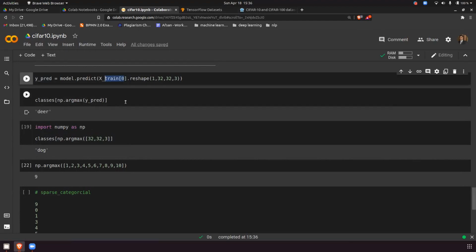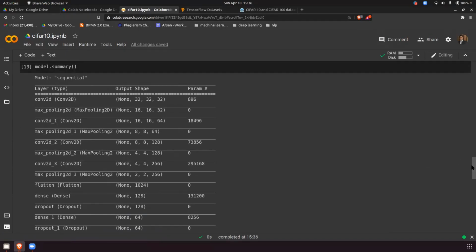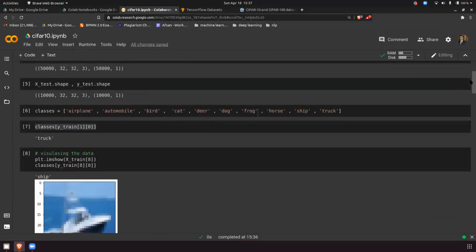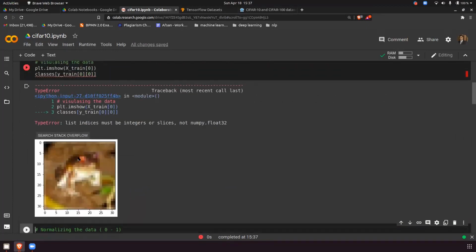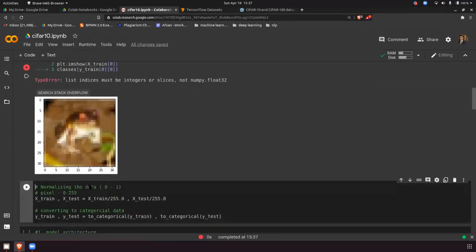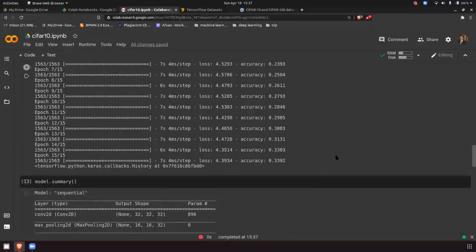Let's try to verify that. Let's go to x_train and put 0 here. Okay, so it is actually a frog, but it's giving a deer because my accuracy is not good, only 33%. This is how you do a prediction. Is that clear to everyone? Yes or no?